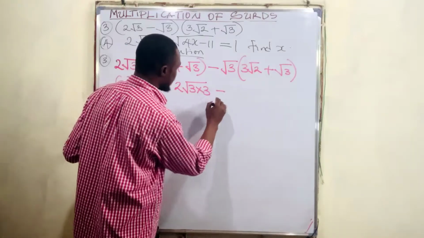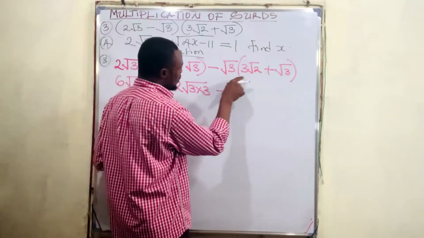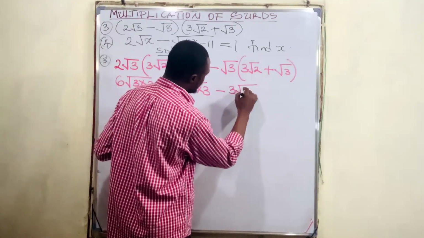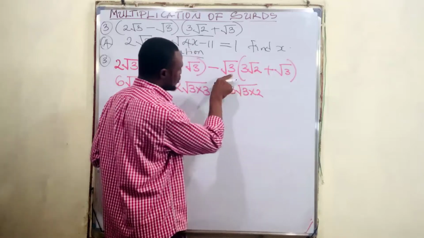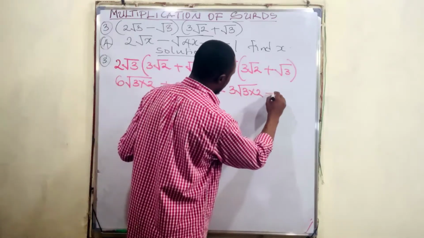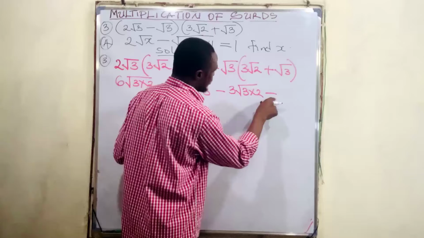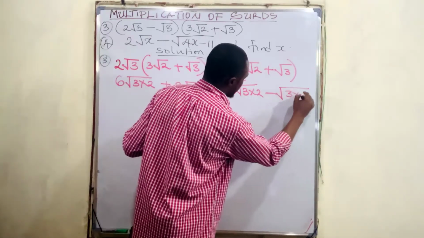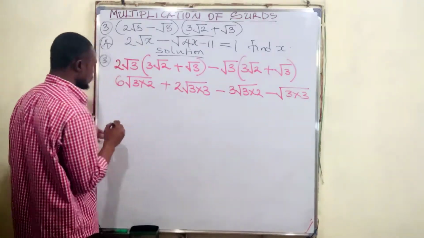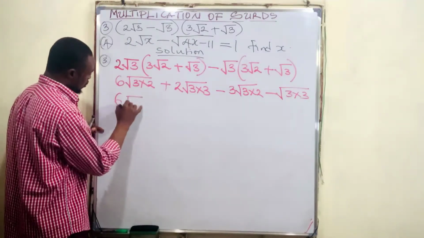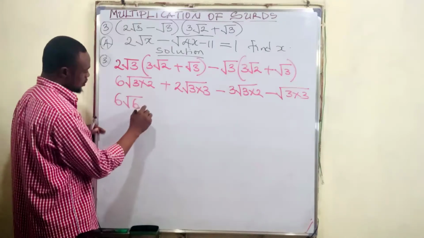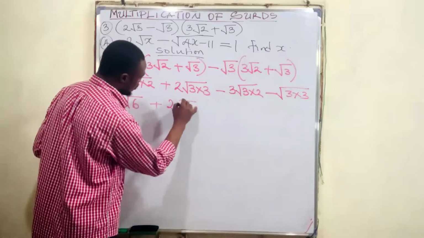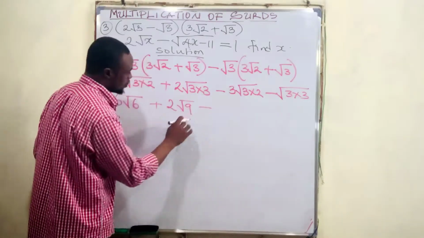So we're through with this minus. Now root 3 here multiplies what we have here, which is 3, the root of 3 times 2, because we have root 3 here and root 2 here, and minus times plus is minus, so I'm writing minus there. So we have the root of 3 times 3. Okay, so this is 6 root 6. 2 times 3 is 6 plus 3 times 3 is 9. So we have 2 the root of 9 minus